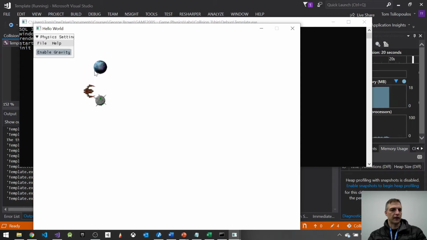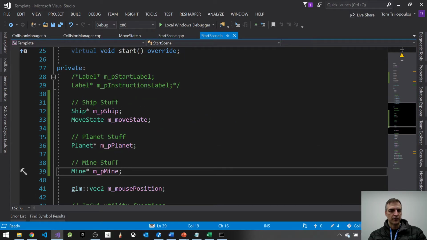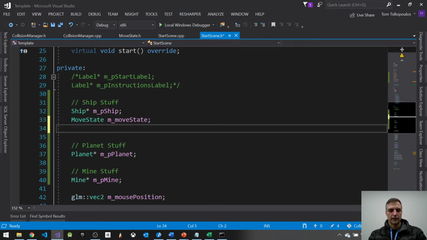When I go down here and I collide with the mine, I want it to register a position. By the way, I'm thinking this movement pattern for the ship is pretty slow. I need some kind of factor to move the ship faster. So while I'm thinking about that, let's just make it happen. I'm going to go back to my start scene.h, and in my ship stuff, I'm going to add a speed factor. I'm going to call this a new GLM vec2 object,